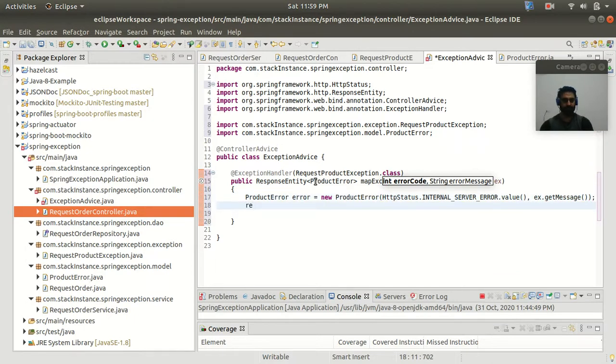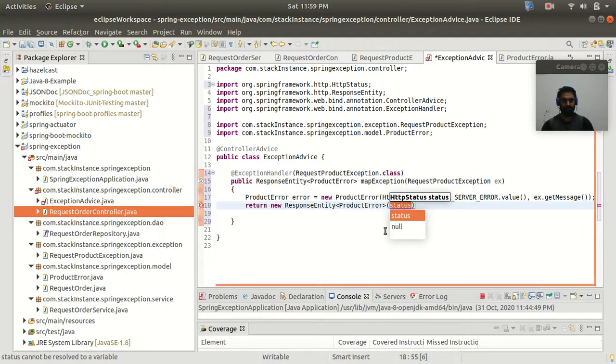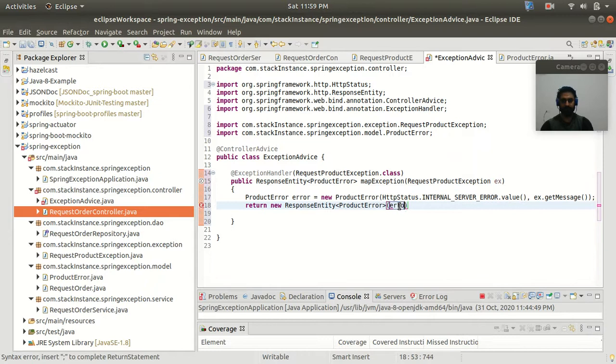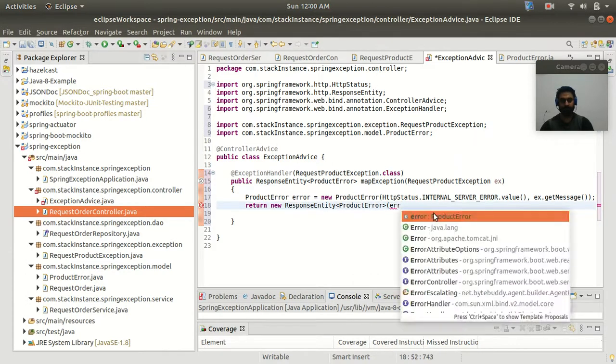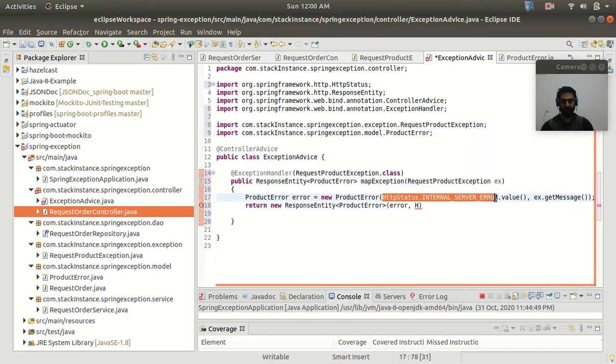So now let's return by creating the object of my ResponseEntity. All right, and this is the ProductError, and inside the status part we need to pass our error, and then the second argument I will pass as HttpStatus.INTERNAL_SERVER_ERROR.